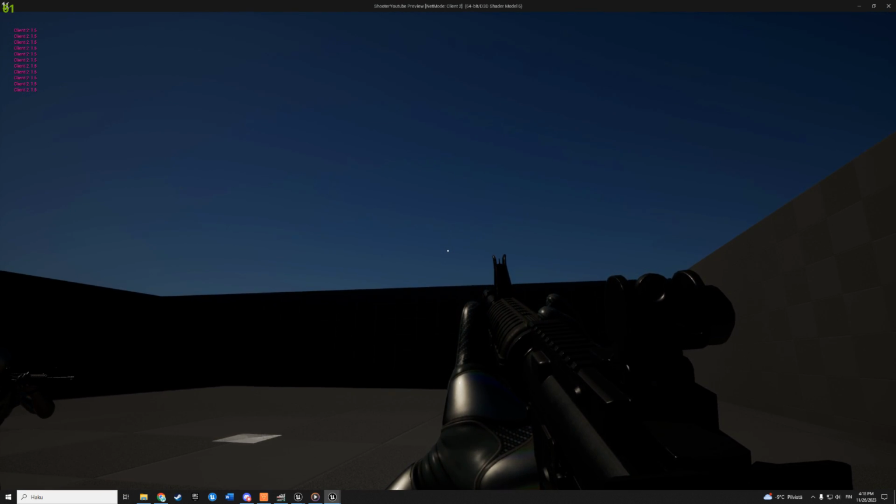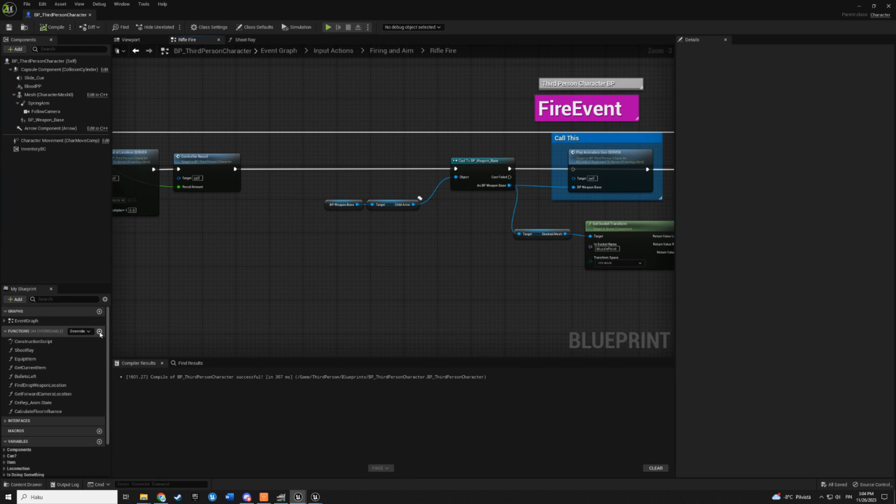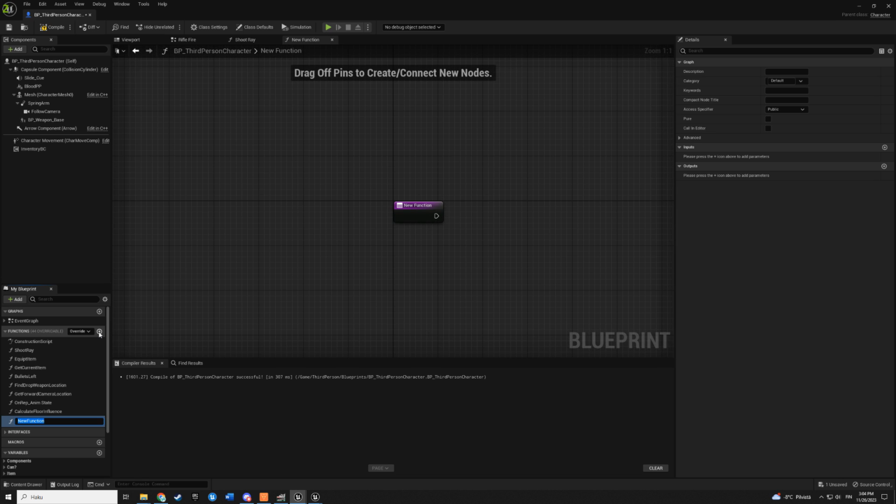So let's start. Okay, let's start doing this projectile style shooting. And we will make it be hybrid. So bullets go to the center of your crosshair with some bullet spread. But yeah, how are we going to start? First, make a new function and call it fire projectile to direction.